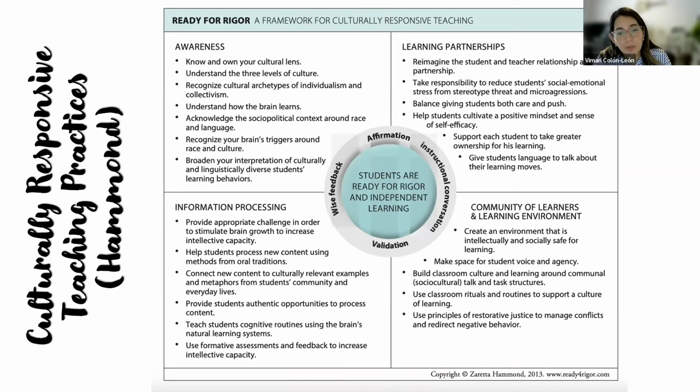In the area of information processing, we want to continue finding ways of stimulating our students' brains and intellective capacity, so that is related to expectations and what we think our students can accomplish, and the limitations that sometimes we put on them. And we want to be authentic. If this type of music is learned traditionally by oral mode, then we want to respect that. And we want to provide different ways of learning music. So authentic learning is going to be essential.